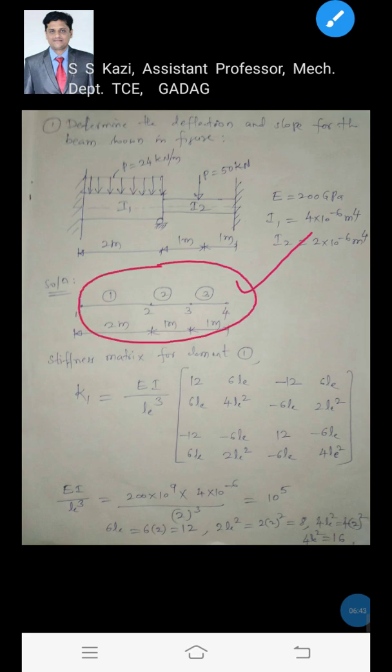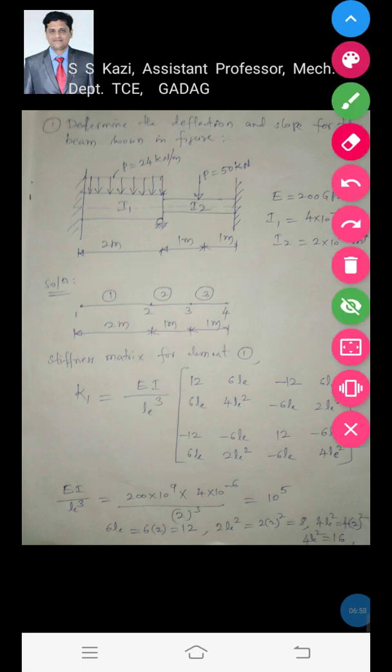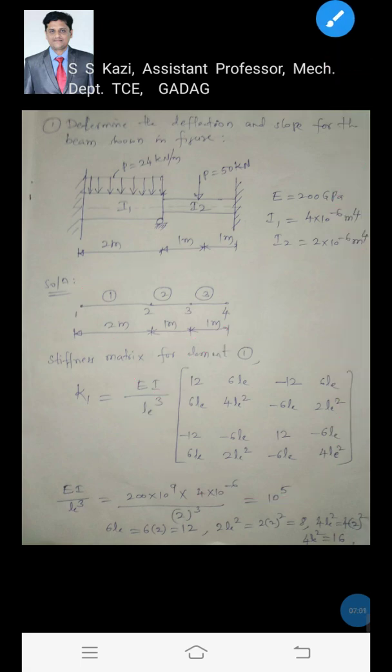Okay, now we'll proceed. Once you prepare the finite element model, there are three elements in it. Let us generate the stiffness matrices K1, K2 and K3 by using the formula that we discussed on the previous page. This is the formula we have. First you write the formula, and after that you just substitute the required information.